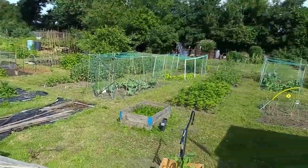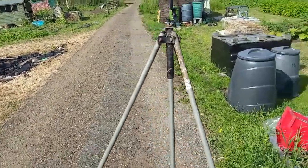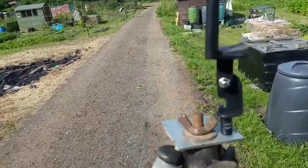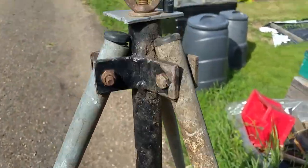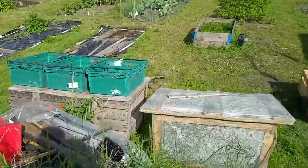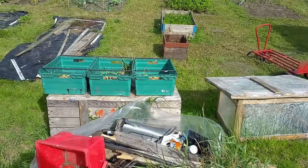Right. So this is my plot. This is a tripod. My mate Ray down the bottom there, who comes over and has a natter with me. Stops me from working, don't you, Ray? He's given me this, and I've then adapted it to put my phone on. This keeps coming loose, and what you do is unscrew that, and that should then go up and get a nice video shot. So that's what I'm going to attempt now. Okay, so here we go. Here we go, bird's eye view from my plot. If I do it like that,